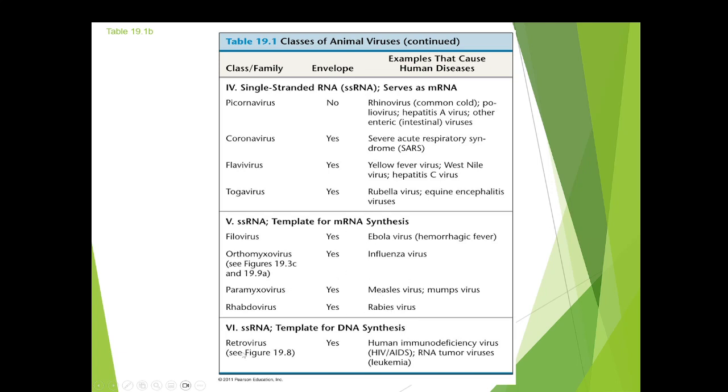The last category we often just call retroviruses, but the last category is bigger than that. It's class 6, and this is where the single-stranded RNA is actually a template for DNA. And so retroviruses are the example we talk about. That's human immunodeficiency virus, HIV and AIDS. Retroviruses take their RNA, create DNA, put their DNA inside your genome, and then their infection pathway starts from there. So these 6 different categories are all based on what type of nucleic acid they have and how their nucleic